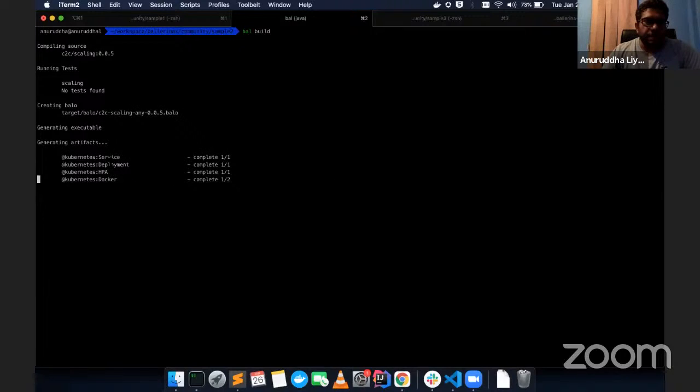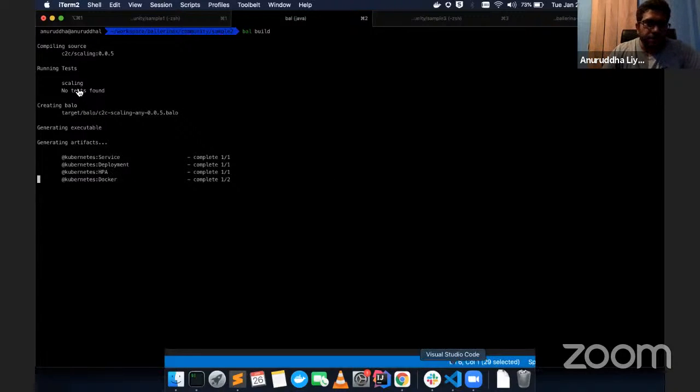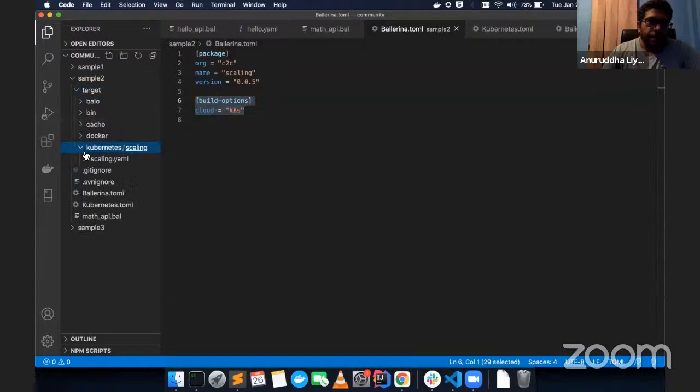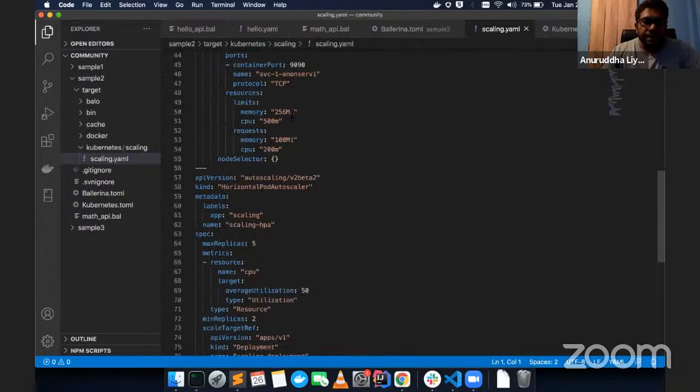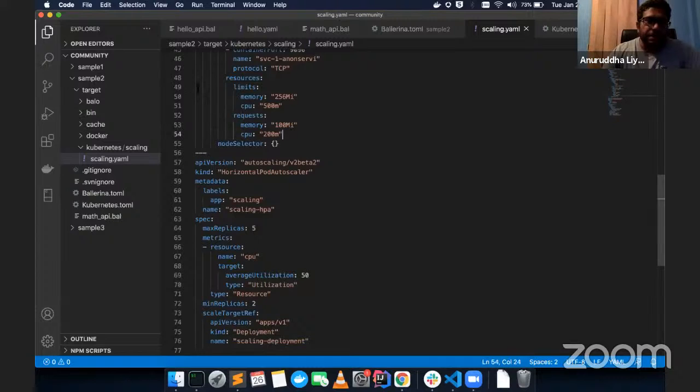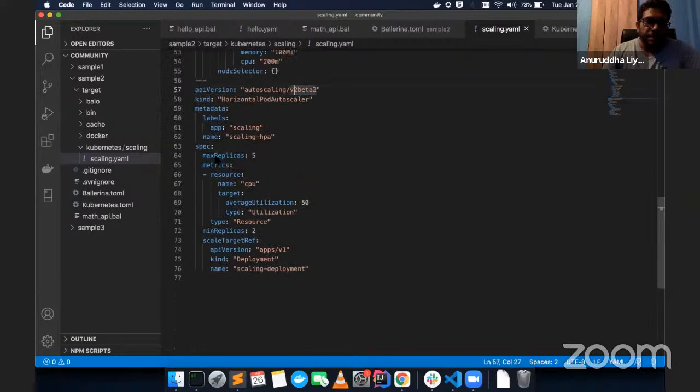Here also we have generated a service deployment and a horizontal pod autoscaler. If you look at the scaling sample, we have port 9090 and the Docker tag, and memory requests and limits are set correctly as specified in the Kubernetes.toml. The minimum and maximum replicas are also set in this HPA.